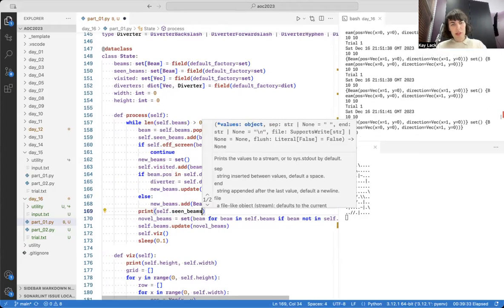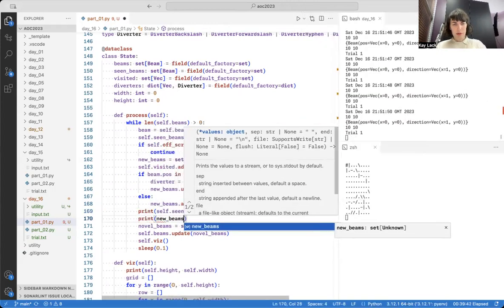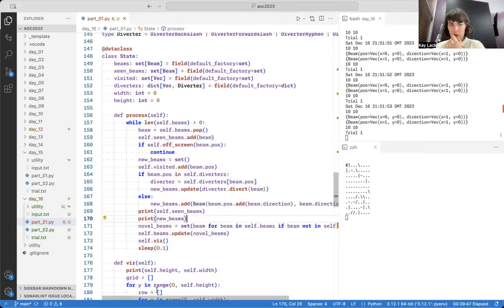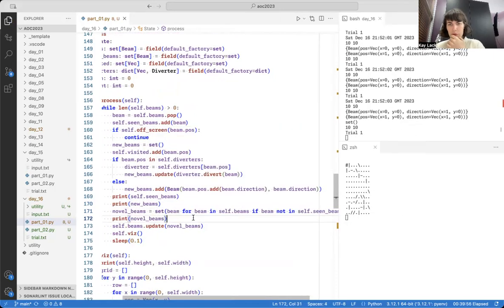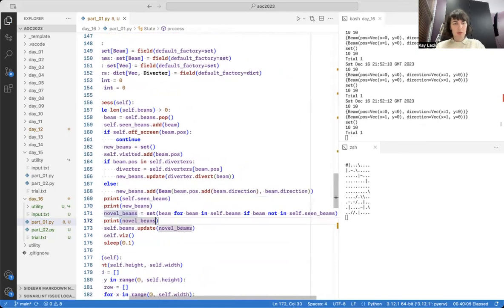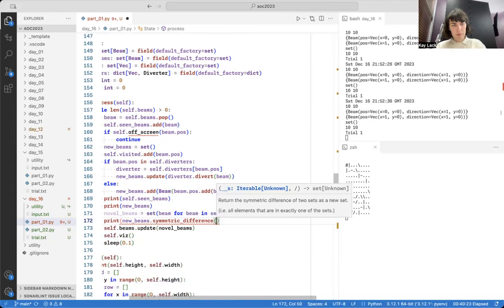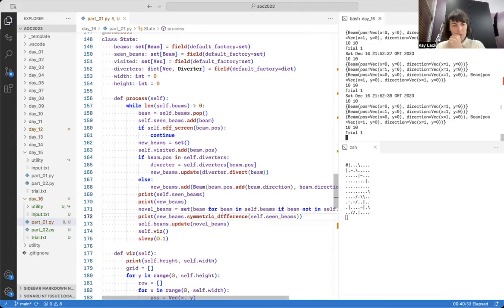Print, so if we've got the scene beams here, which is definitely this, the new beams is definitely different. And then we're getting the novel beams becomes empty. Beam for beam in self beams, if beam not in. So is... yeah, they're not the same. Let's go with